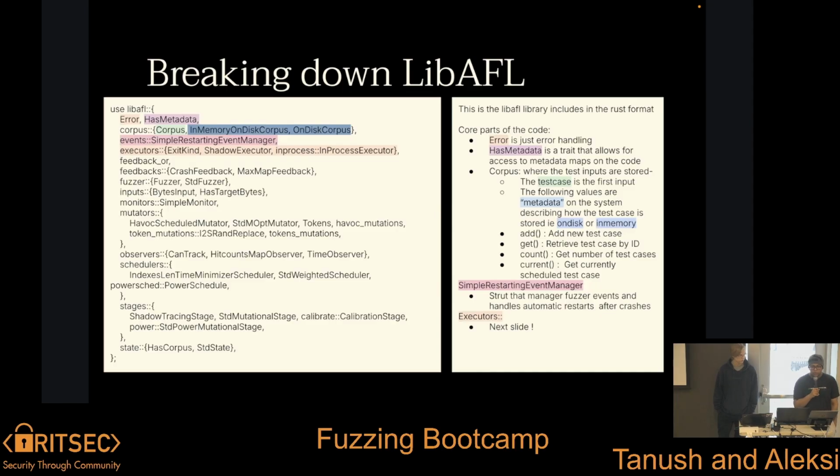We started storing all of our test cases into a Postgres database, and that's just something you can do. It's just changing where data is stored, how it's stored, how it's scheduled. Maybe you don't want to test all of your corpus inputs at once, or you want to schedule it in different ways. This allows you to do that. Let's go on to executors.